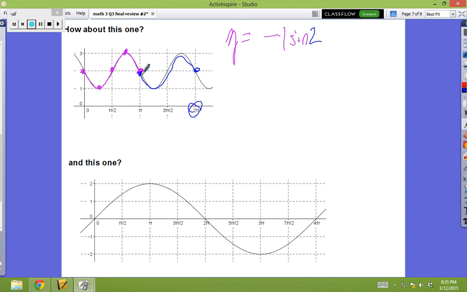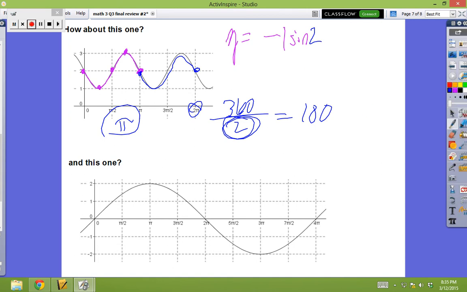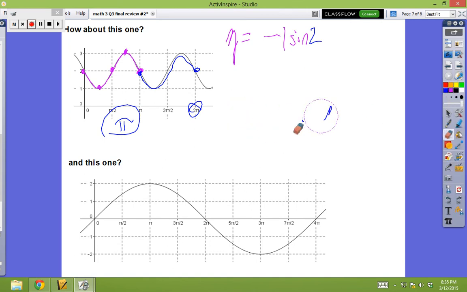Because my period is 180. I start and finish in 180 degrees. So you take your 360 and you divide it by 2, and that is 180. So this must be what the B is. So if my B is 2,